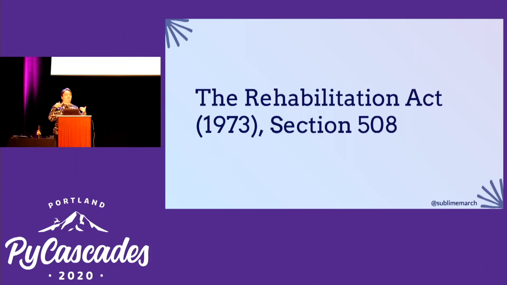The word federal is in there a lot. And Section 508 is what you may have heard of. That's specifically the part of this law that says that information technology must be accessible. So if you're doing anything that receives federal funding or you are a government entity, you need to comply with